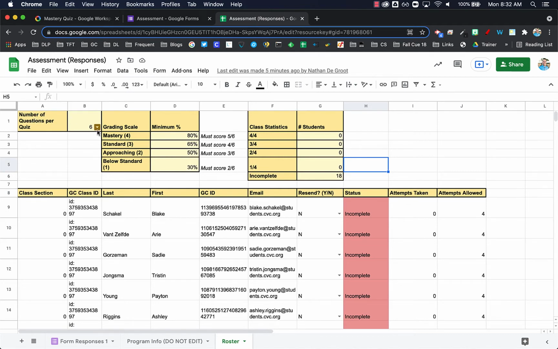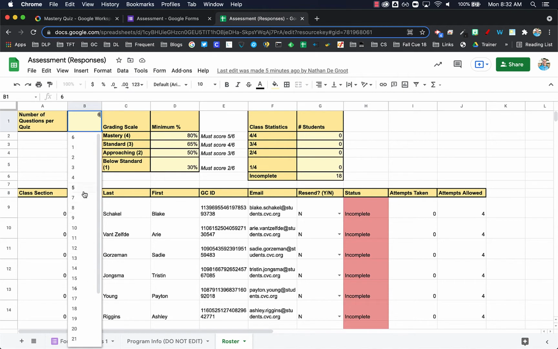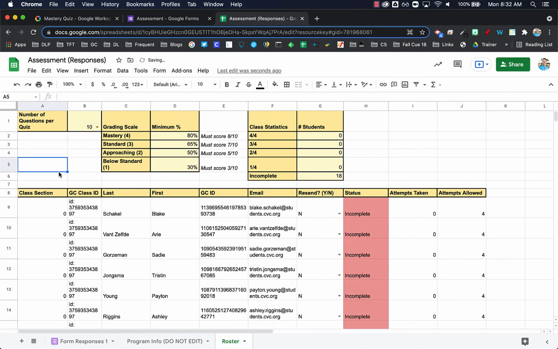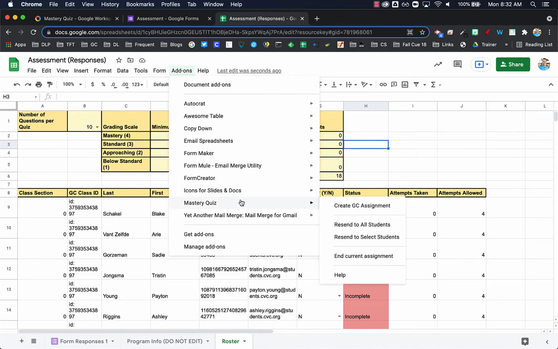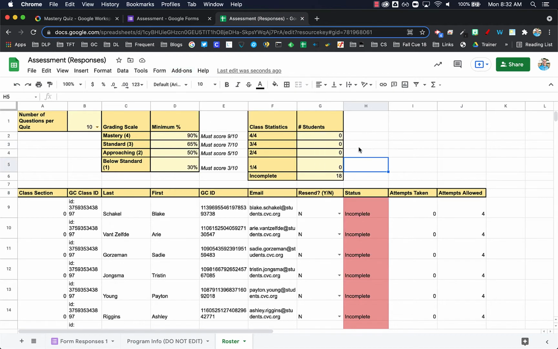I'm able to adjust how many questions I want my quiz to be. So I could do 6, I could do 8, 10, I could do up to as many as there are. But let's say I choose 10. I can also choose which is going to be the mastery score right here for them to pass. So I could change this to 90% right here. When I'm done, I can press Add-ons Mastery Quiz and press Create GC Assignment and create this assignment with the